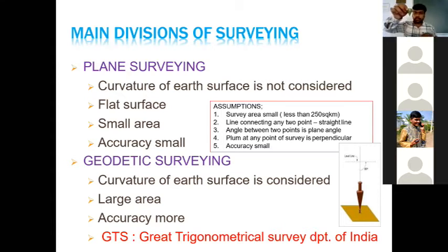So can you see this plumb bob? This is what we're going to have, the plumb bob. This plumb bob is made of metal, so it has a little bit of heavy weight. On this we're going to tie the thread, and we're going to drop it on the ground. Okay, drop on the ground.